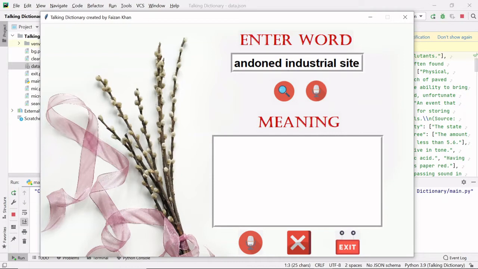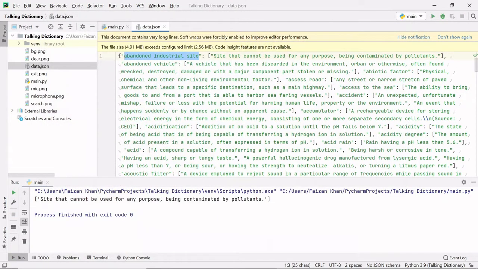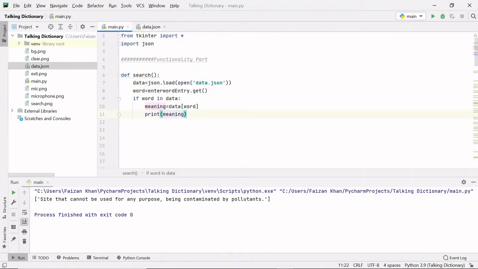Abandoned industrial site, I have written that complete word, and I click on the search button. So you can see we are getting a meaning. So this is the meaning that we are getting, right? Now this meaning variable is storing data in the form of a list. So this is nothing but a list in square brackets, right? If I directly add this meaning inside our text area, you can see how it will look.